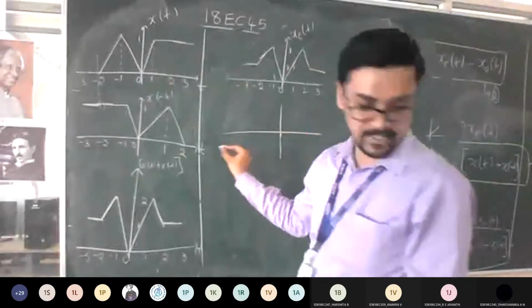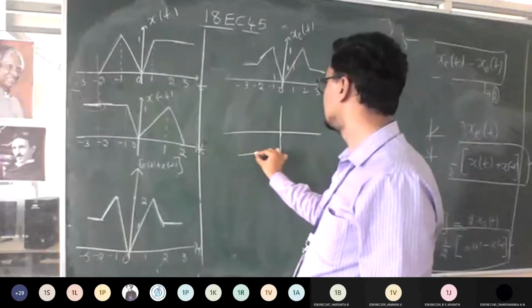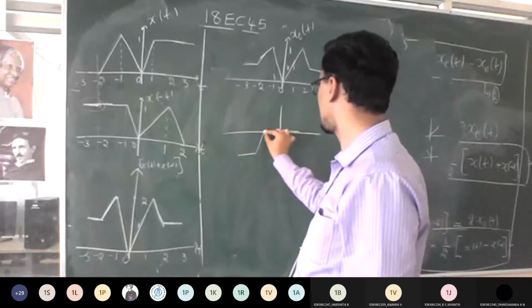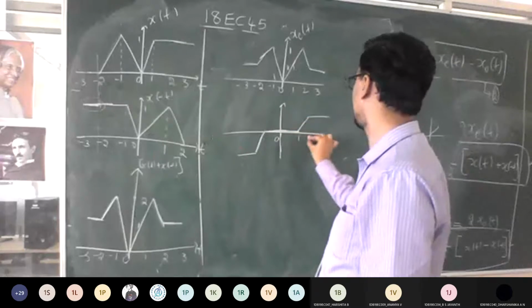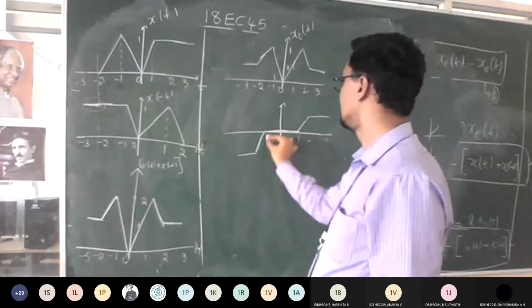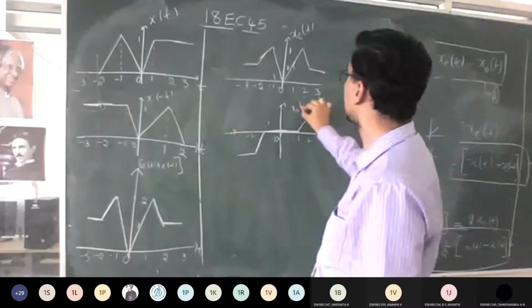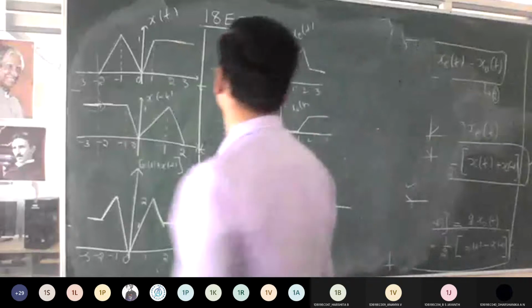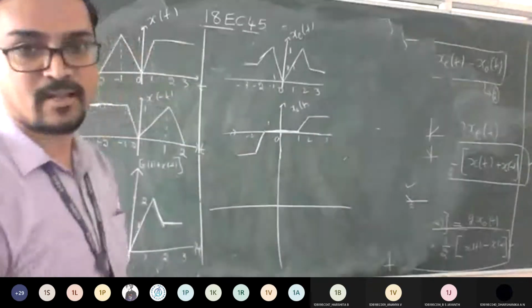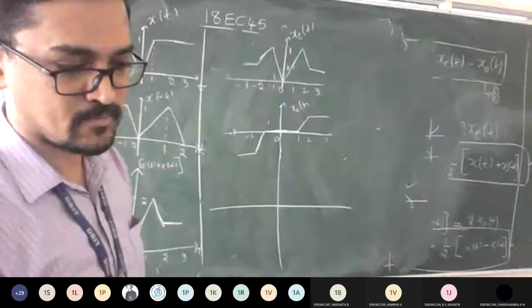So from minus 3 to minus 1 you got up. So it was constant. Then till here it is constant. Again increase, again constant. So 0, 1, 2, 3. So minus 1, minus 2, minus 3. So this is your odd component. Okay. So now add this to get back the original signal. I want you to tell the answers now.